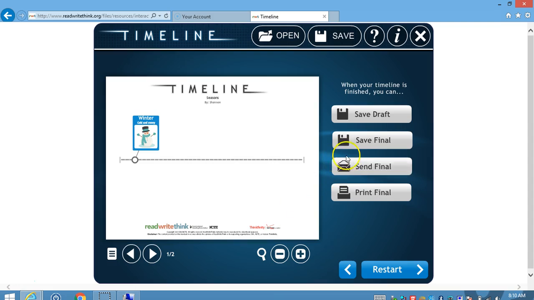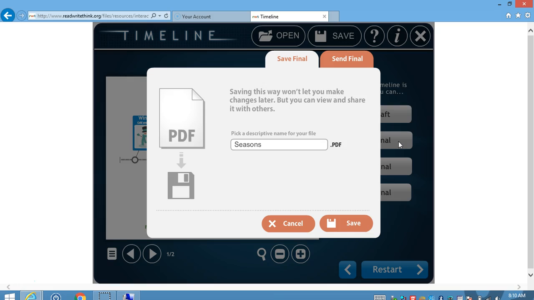And then you can click Save Final if you're completely finished with your timeline. This is different though than when you save as a draft, because your timeline will be saved as a PDF rather than an RWT. And this simply means that you will not be able to reopen your timeline through the website. Therefore, your timeline is finalized and you cannot make any more changes to it. So make sure that if you're saving as a PDF, that you are completely finished and that is your final